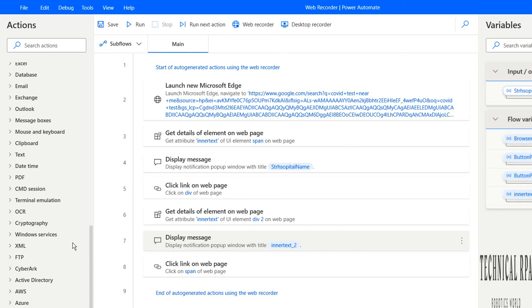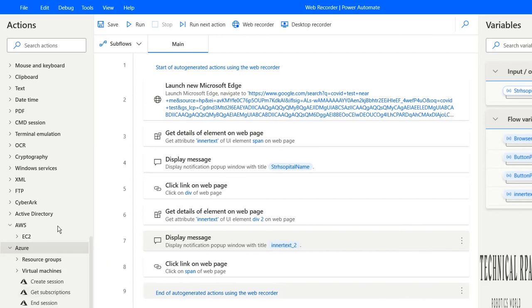Here you can also see some new options. Previously, UiPath and other automation tools did not support AWS and Azure directly and without coding. But here you can see AWS, Azure, Cognitive, IBM, and you can connect with CyberArk.